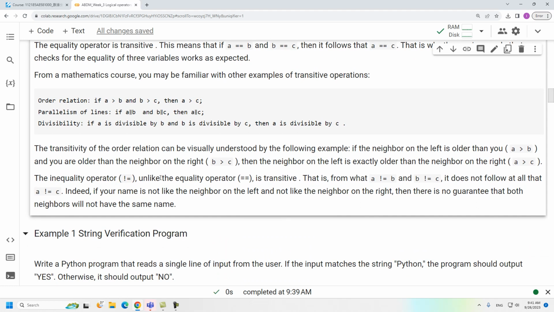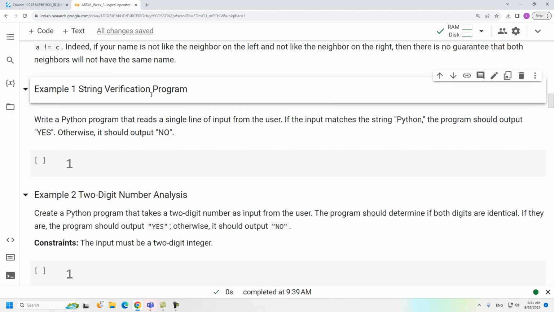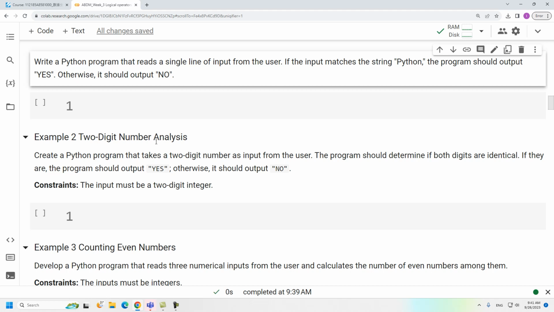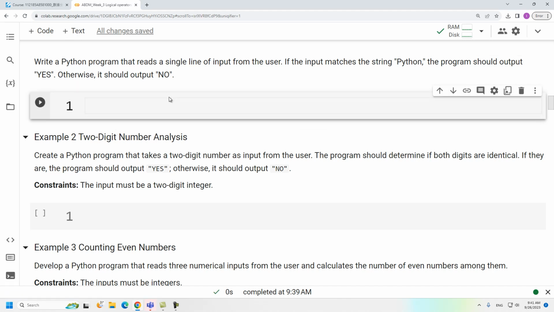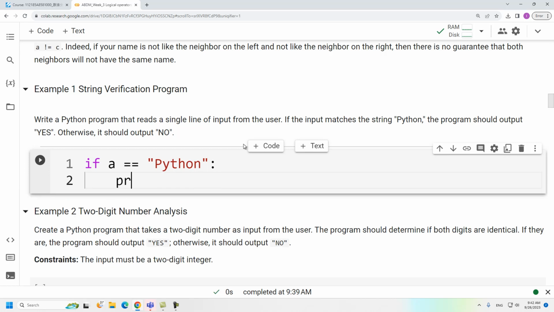All right, so here in this example, let's verify the string. Again, it's a very easy thing. We have already done that. If some string equals